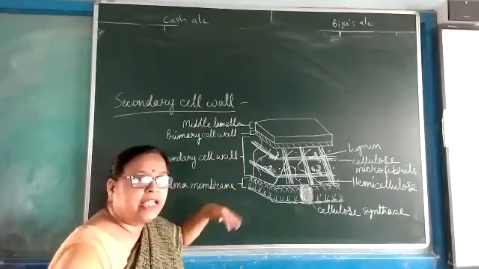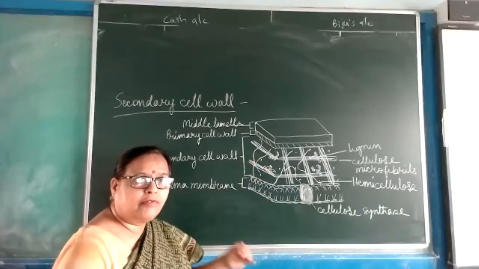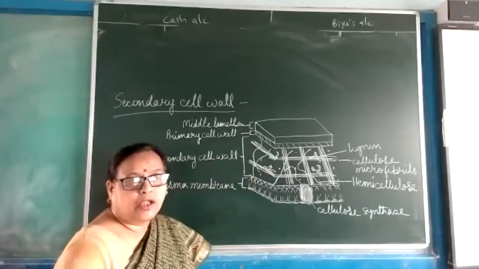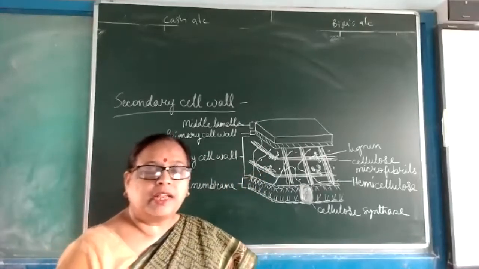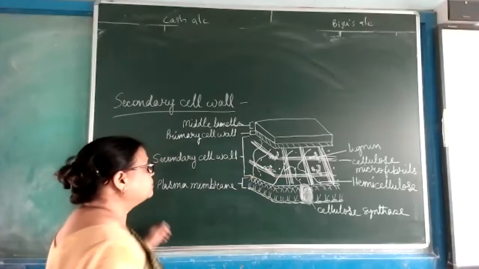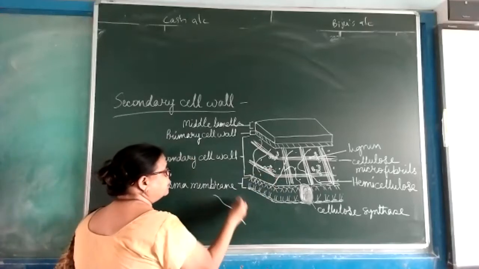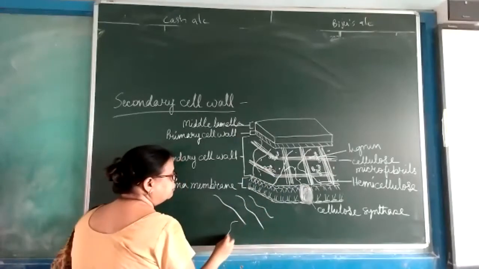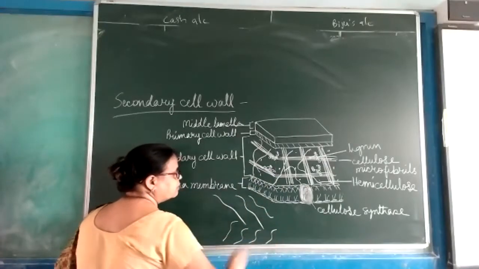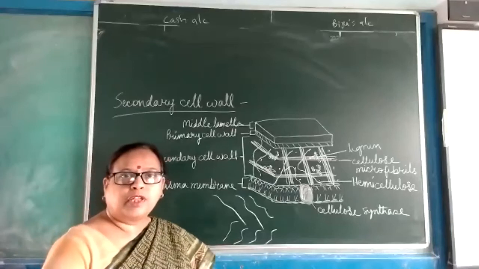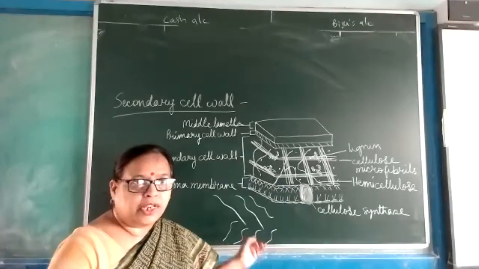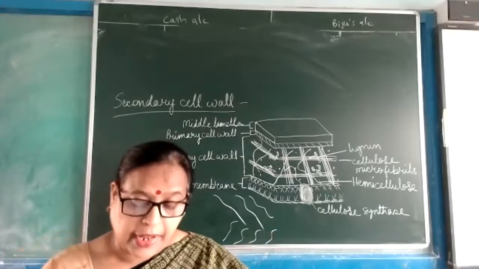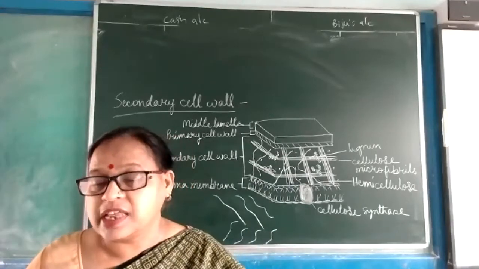Then there will be layers of the cell wall. The secondary cell wall will be formed in layers, meaning one layer, then a second layer. When the layers are formed, the orientation of the fibrils changes: in one layer the cellulose fibrils are oriented like this, in the other they will be oriented like this. So in different layers of the secondary cell wall, the orientation will change. These are all the characteristics of the cell wall.